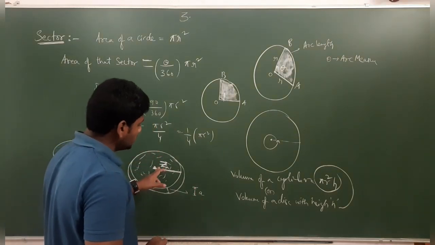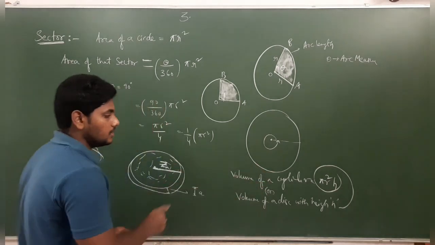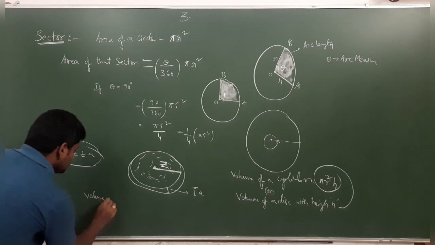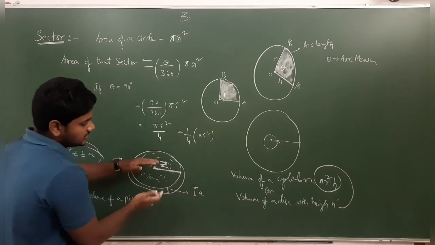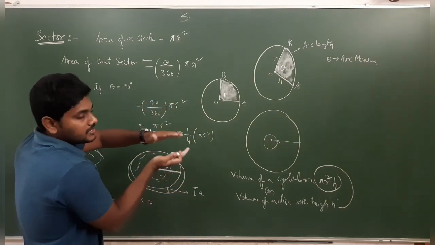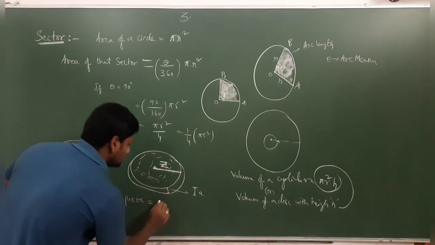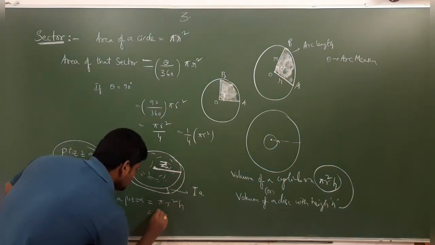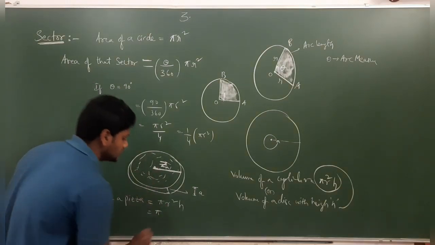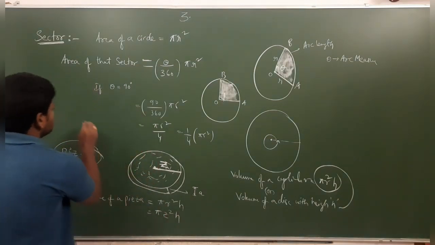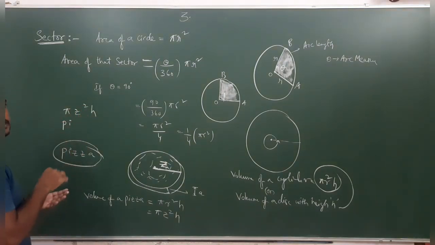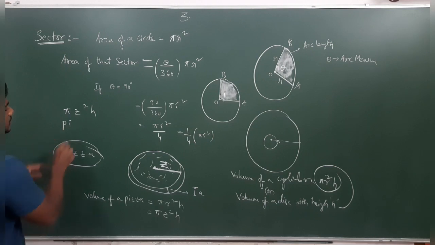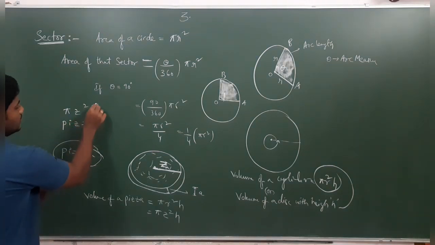If we apply this radius and height or depth to that formula, what is the volume of a pizza? If a cylinder is compressed, it will be like this. So we have the formula pi r square h. Pi into r square, and what is the radius here? z square. Pi z square h. Pi, as in language, whenever we type pi, we write it as p into i. z square I will write as z into z. What is the height of this pizza?